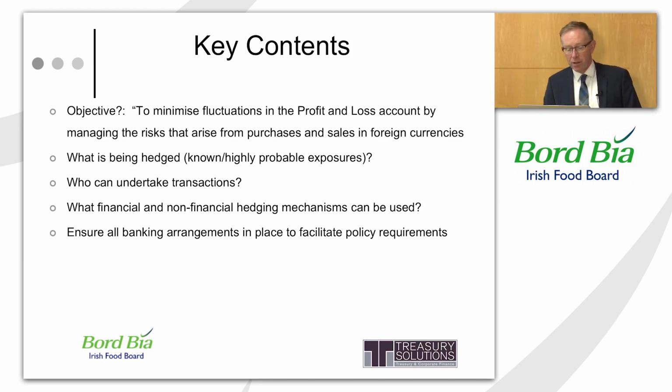Next thing that you'd always specify here is who can undertake the transactions, and I've dealt with this already. Generally, you would limit the number of people who can undertake the transactions. You would also try and segregate here. So in other words, if somebody is undertaking a transaction to do a spot deal or a forward deal with a bank, the confirmations from the bank should never come in to the people doing the deals. Why? Because the potential for fraud is always higher if somebody who does the deals also gets the confirmation from the bank, because they can hide something if something went wrong. So one of the controls that you should always say is these are the people who can undertake the transactions, and the confirmations of those transactions must come in to somebody other than them.